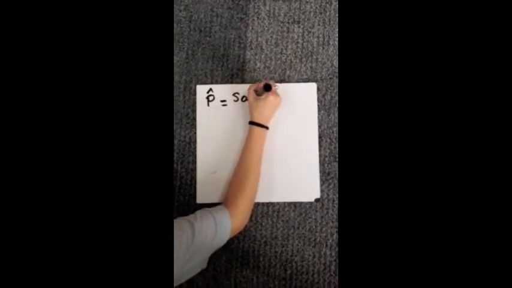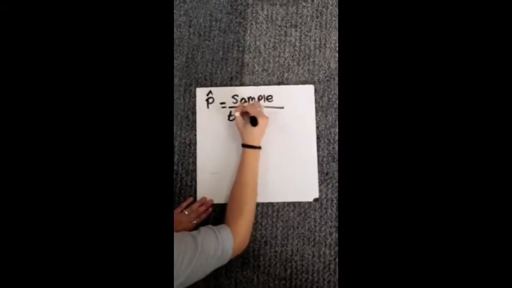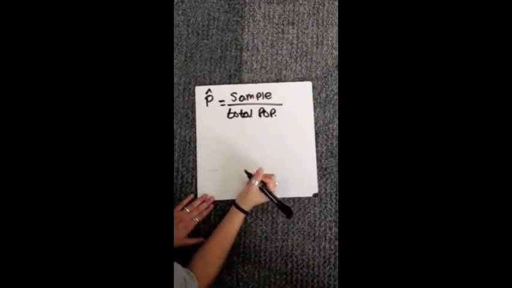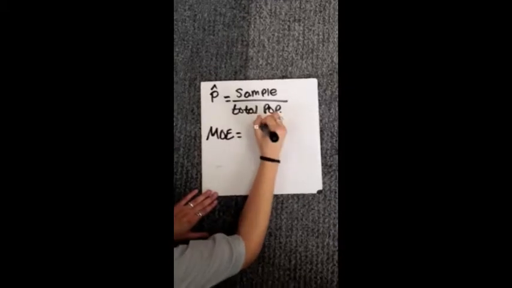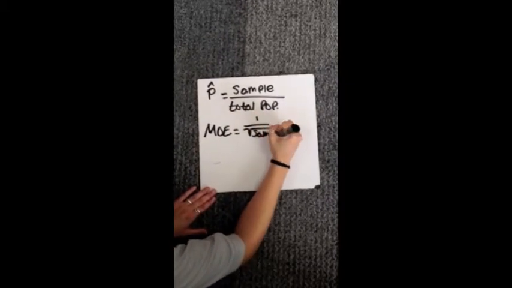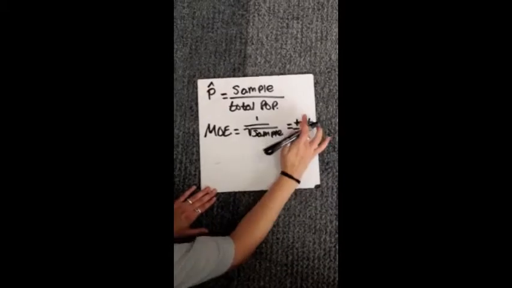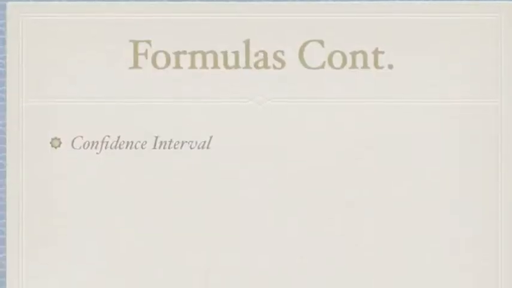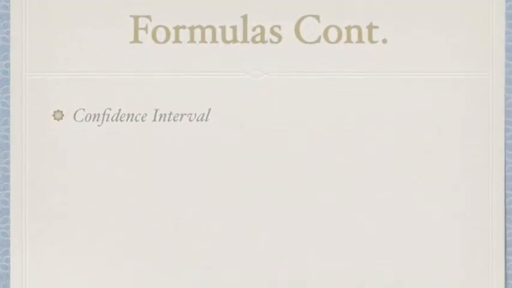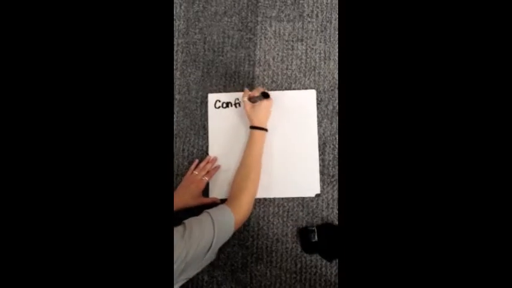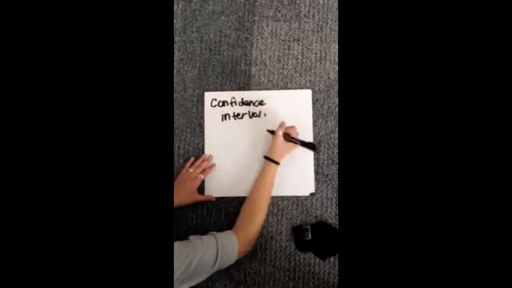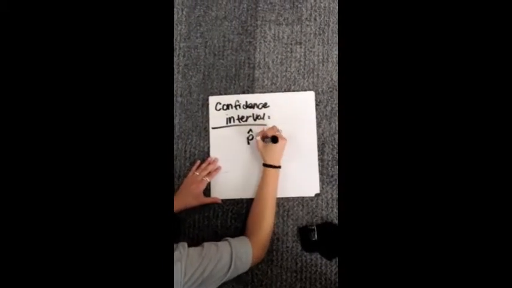The formula for sample proportion is the sample over the total population. The formula for margin of error is equal to 1 over the square root of the sample. And that will give you plus or minus a number. The next formula that we have is confidence interval, and that is equal to the sample proportion plus or minus